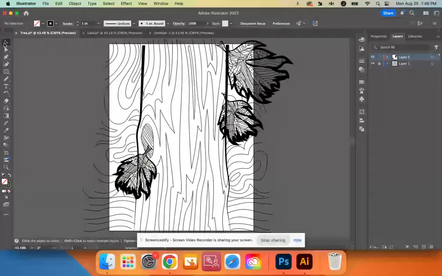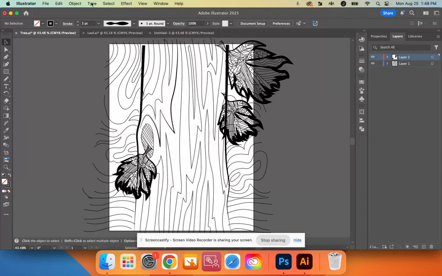Remember, with our selection tool, we can select a line and we can start to change the thickness. We can also change the uniform. And then once we've done all of that and we've got all of our line work done, then what